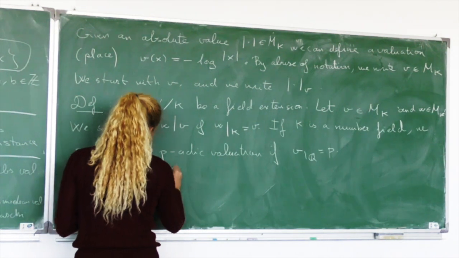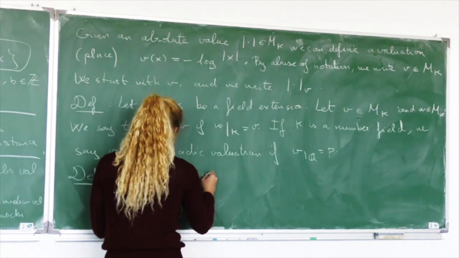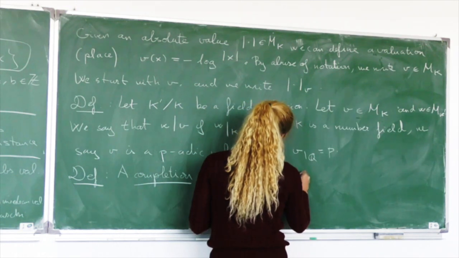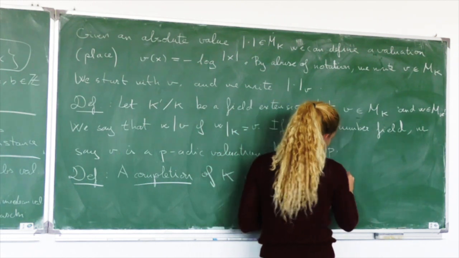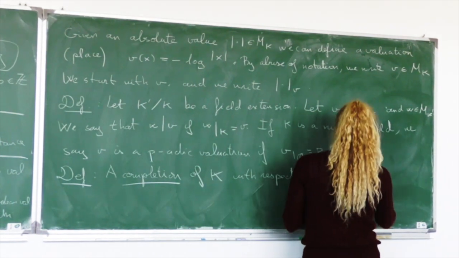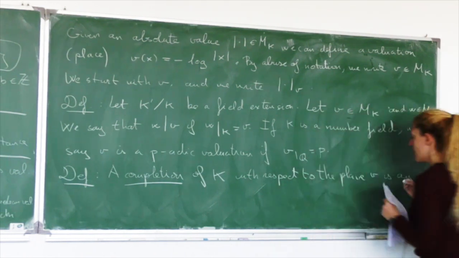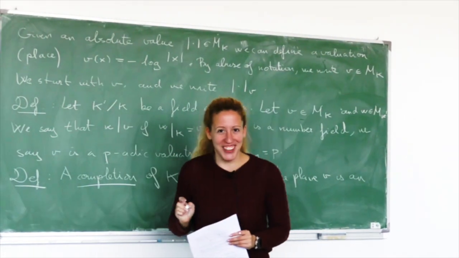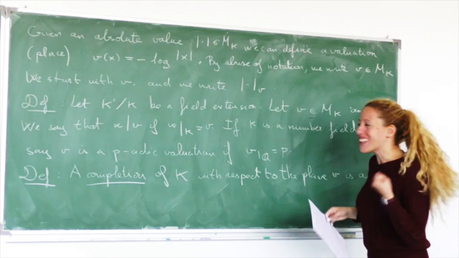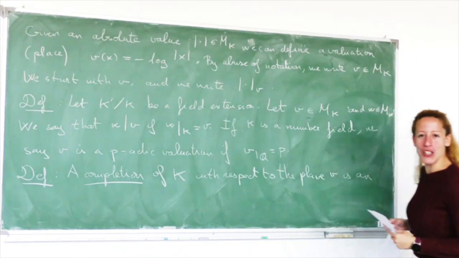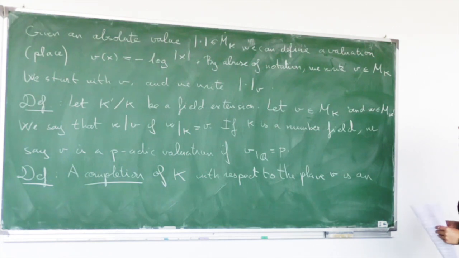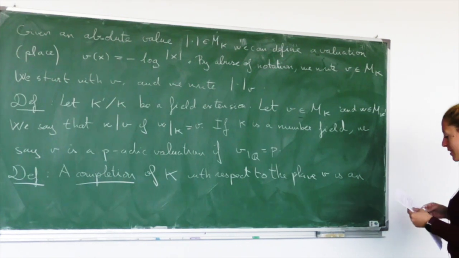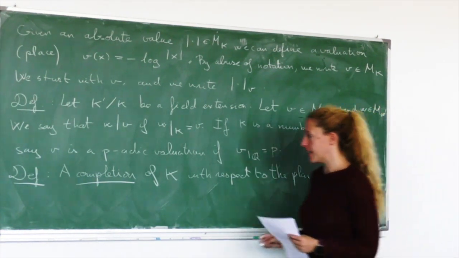A completion of K with respect to the place B. Notice that I use the word place here. That is the same thing as valuation. I'm trying to make you get used to different terminology for the same concept. So a completion of K with respect to a place or a valuation B is an extension field